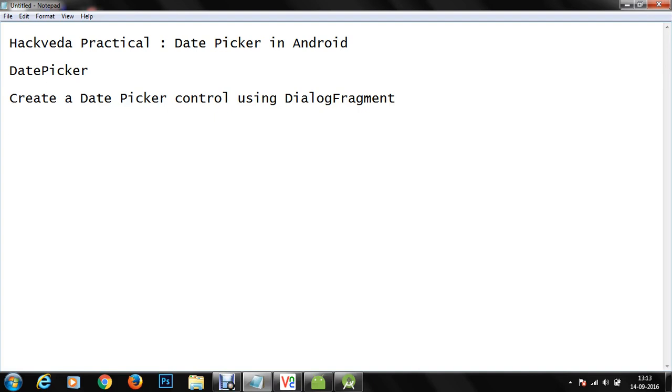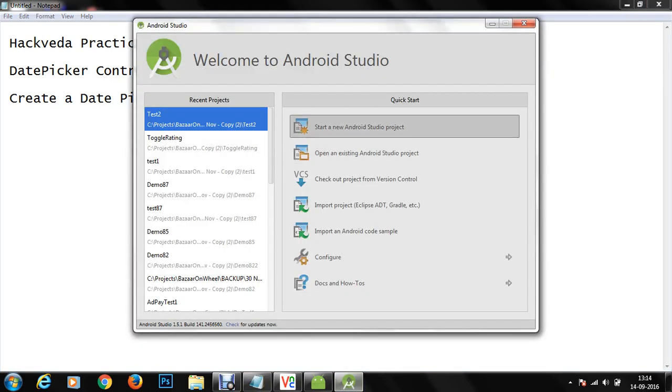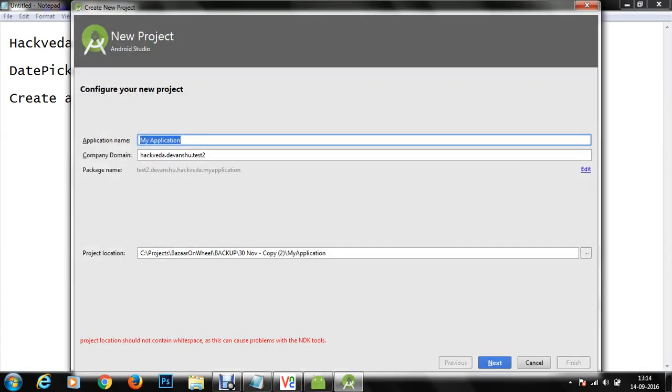So first of all, we'll get started with the date picker control, which is available by default in Android. In order to complete this date picker control in Android, we'll get started with a new Android Studio project. Within this project, we are going to make a date picker demo, and we are going to call it hackweather.devanshu.android date picker.